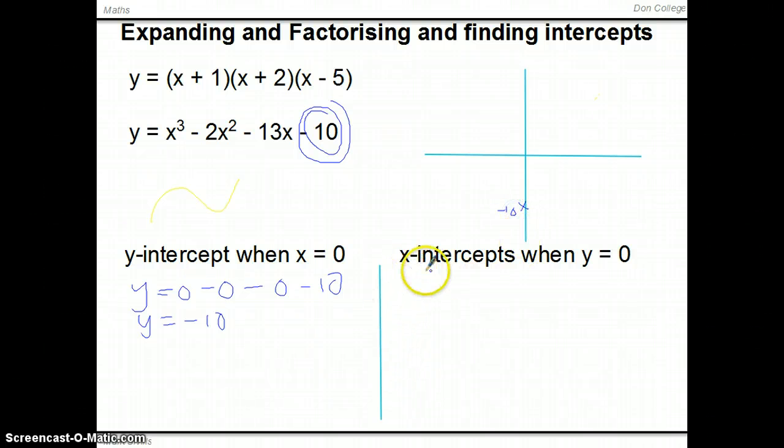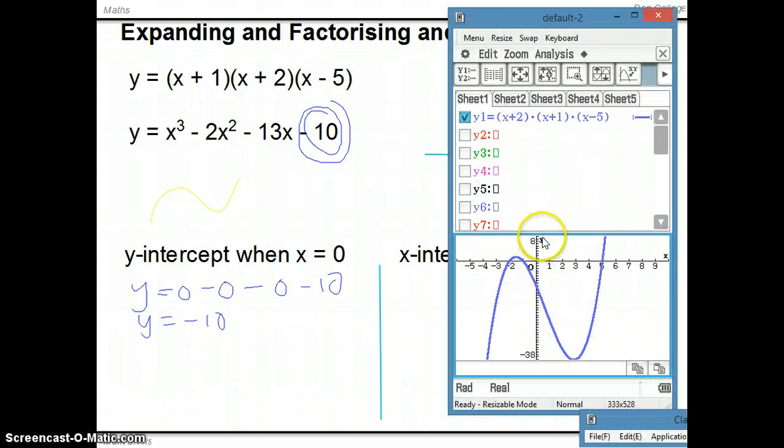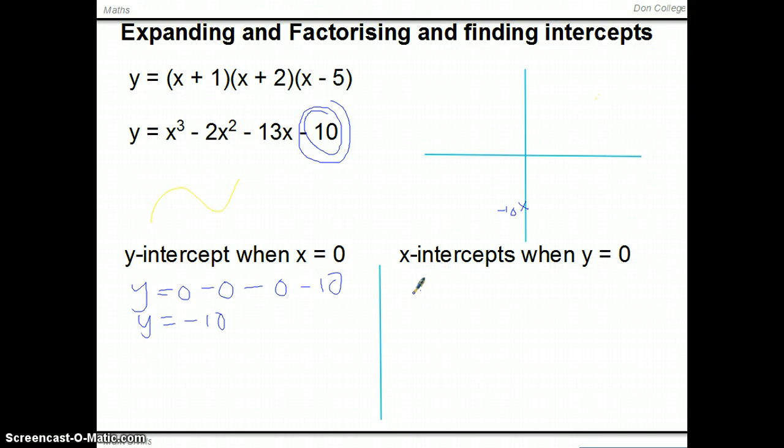Now the x-intercepts are when y equals 0, which you can see if you have a look here. When the y value comes down to 0, that's where it crosses the x-axis. So we need to solve a different problem. We need to solve when y equals 0, which means that the top version makes it a bit easier, the factorised version. So if we have 0 equals x plus 1, x plus 2, and x minus 5,